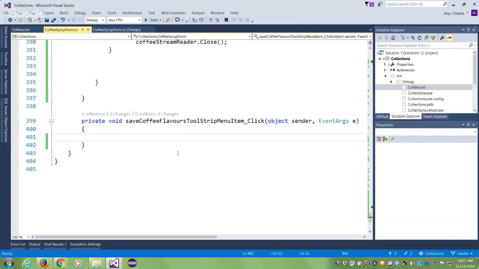What should I do in my save? The save one does the opposite job. The save one says, I'm going to save your coffee flavor. So if you hit this,